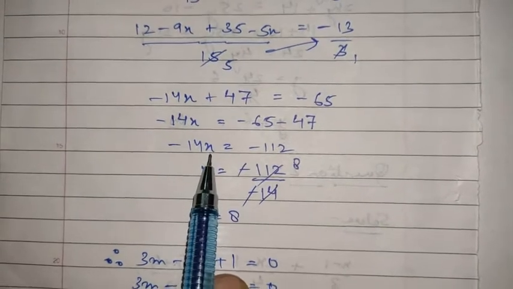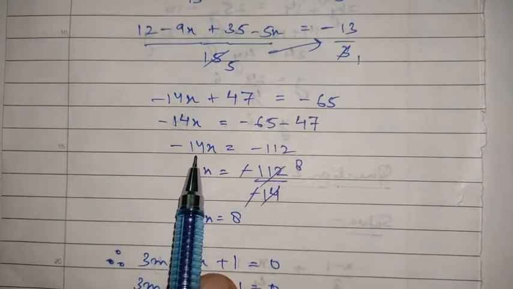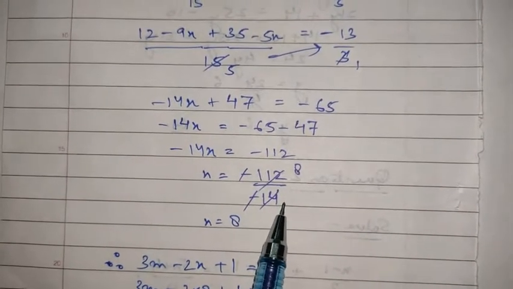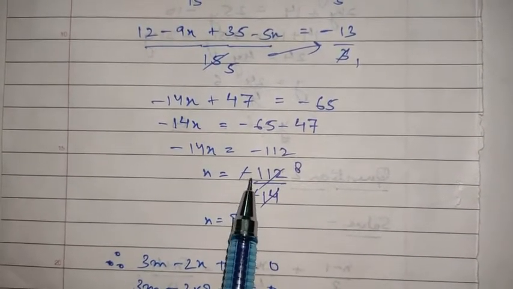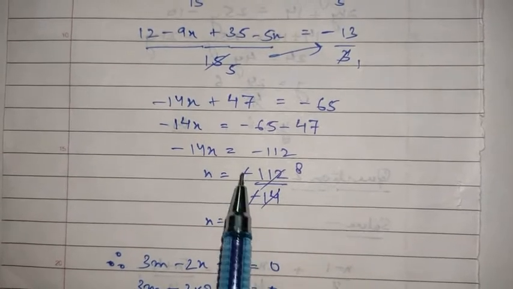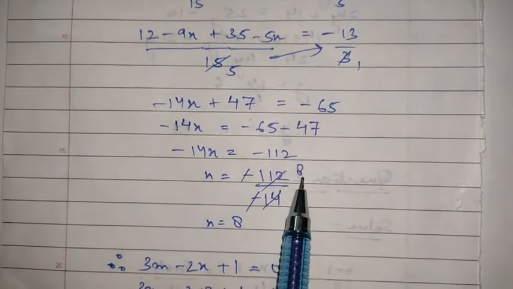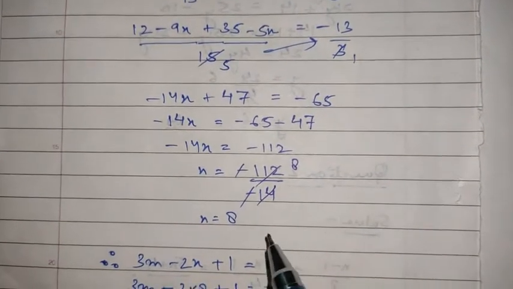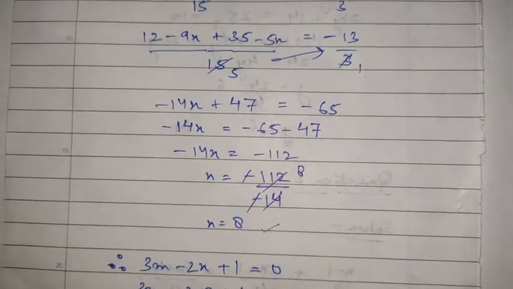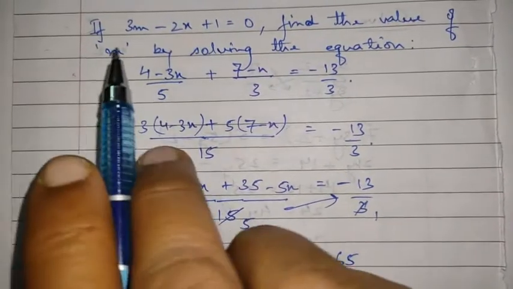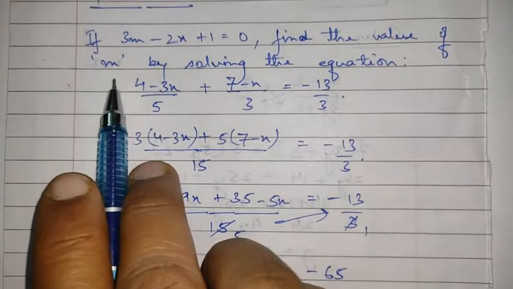And in order to find out the value of x, we are going to again cross multiply by bringing this value minus 14 to the other side of the equal to sign in the denominator part. As you can see, both the constants have the same signs, so that can be cancelled, and then 112 is divisible by 14 directly by 8. So in this way we can get the value of x as 8. But children, this is not our final answer, because we have to find out the value of m. This was what was being asked in the question.